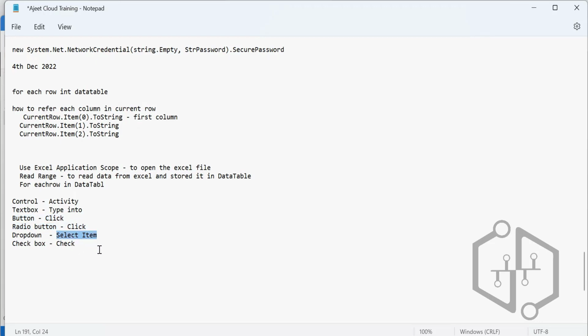Okay, for reading the text, extracting text from the page, what activity do I use? Get data, get text. Get text. So you need to remember all these activity names also. Get text is for extracting text. And check activity is for